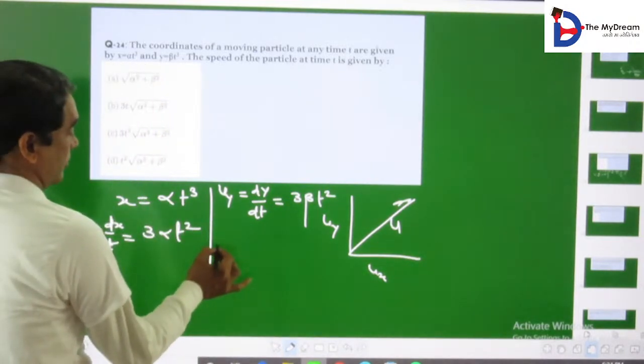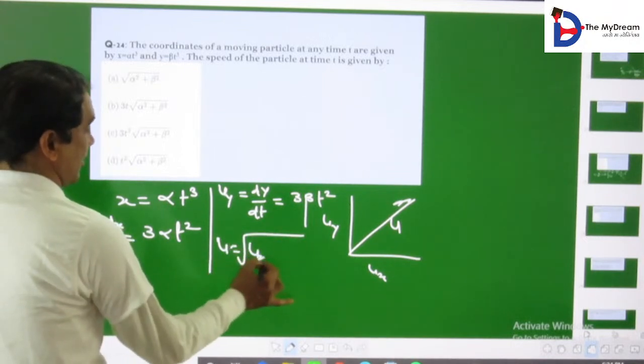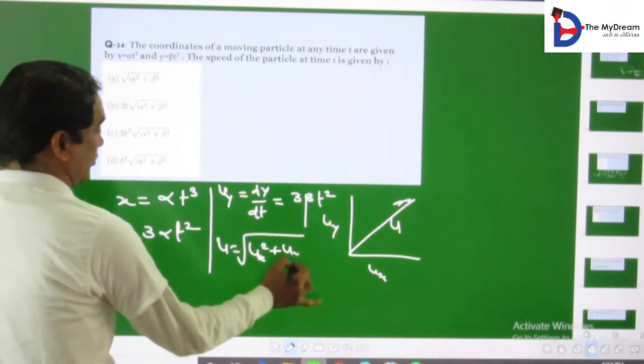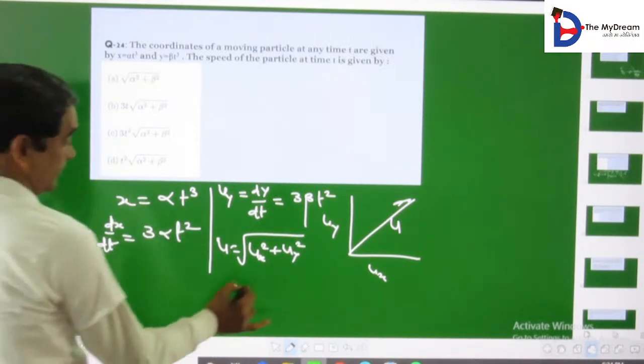So u is equal to the square root of the square of ux plus the square of uy, ux that is of 3